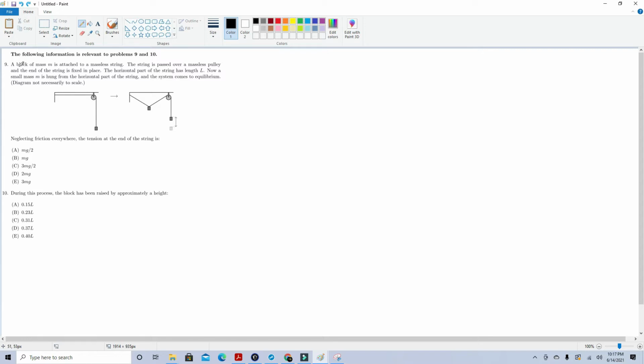A block of mass m is attached to a massless string. The string is passed over a massless pulley, and the end of the string is fixed in place. The horizontal part of the string has a length L. Now a small mass m is hung from the horizontal part of the string, and the system comes to equilibrium. Neglecting friction everywhere, the tension at the end of the string is